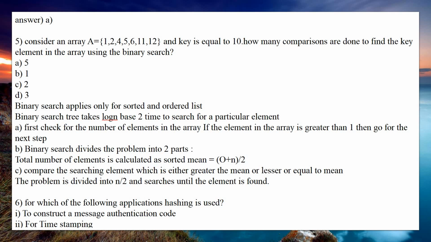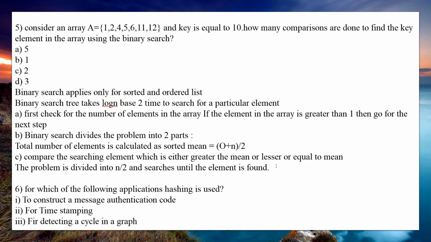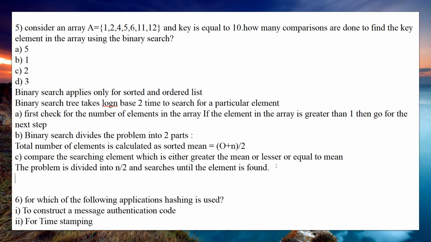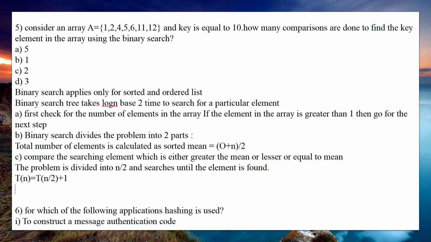So then we shall see the recursive method. Now we shall write the steps for how to find this. So that is T of n. T of n is equal to T of n divided by 2 plus 1, that is, you need to divide the problem into two parts, n divided by 2, and plus 1 is to solve a problem. Then n divided by 2 raised to k is equal to 1.